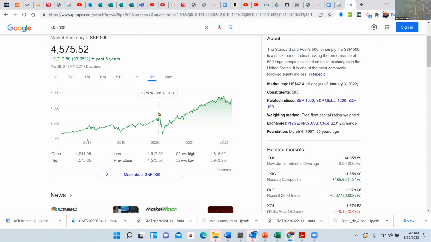So here's COVID happening. You see, we had an initial drop, a sell-off. So there's COVID and a sell-off, and then it's gone from the sell-off point of 23 up to a peak of 47, coming from a previous point of 3003, right? So stocks have grown actually by a ridiculous amount over this period.